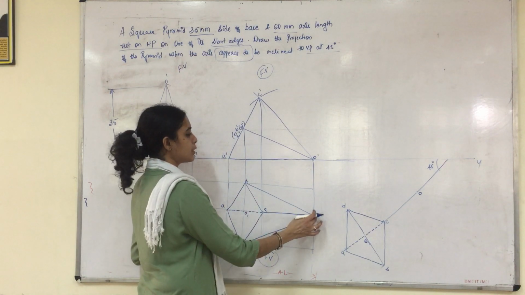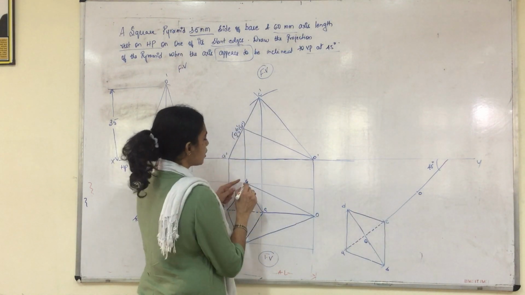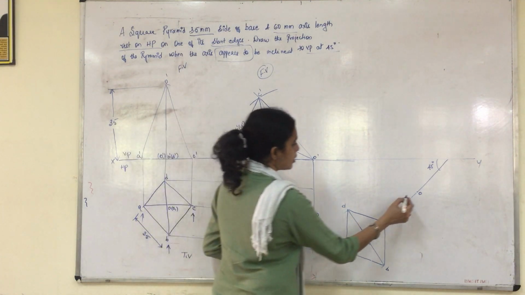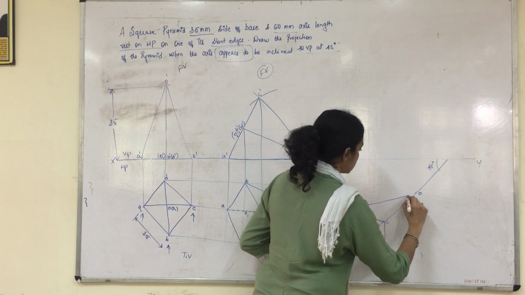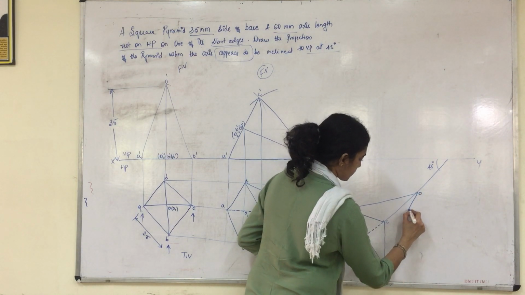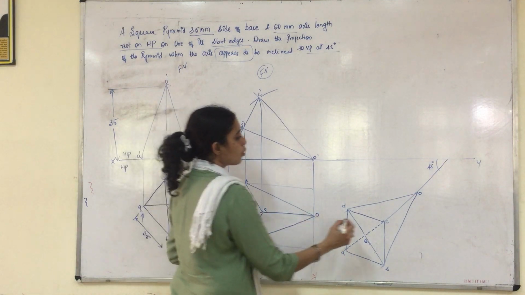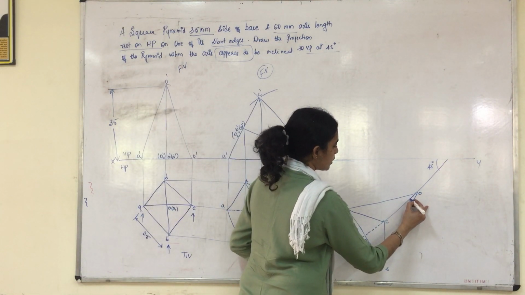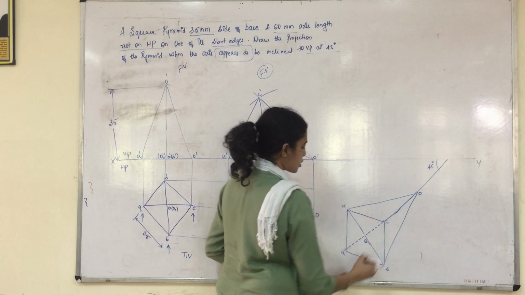So we need to connect that to our apex. So our apex O is located over here. So now we have to join from D to O. So please join D to O, O to B, C to O also. Please darken up. Please darken all the views immediately once you construct.